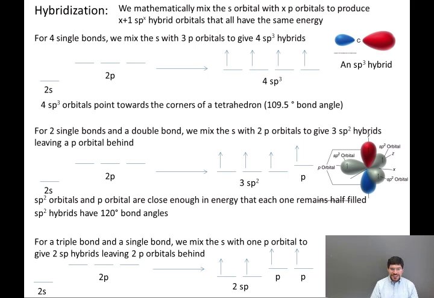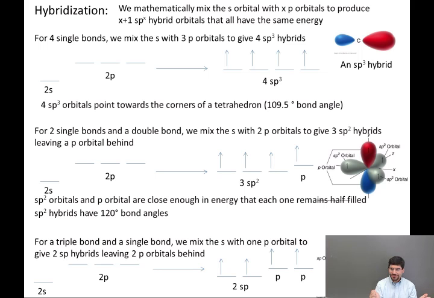For a triple bond, carbon, in other words, a carbon that's going to form a triple bond and a single bond, we're going to mix the s orbital with only 1 p orbital to give 2 sp hybrids and leave 2 p orbitals behind. Okay, here's a picture of what that looks like. The 2 sp hybrids lie along an axis, which is the linear axis of a molecule containing a triple bond, and then the 2 unhybridized p orbitals are mutually perpendicular to both each other and to the axis containing the